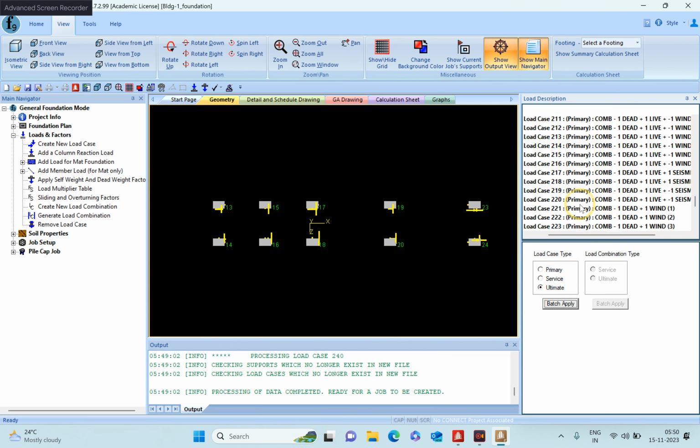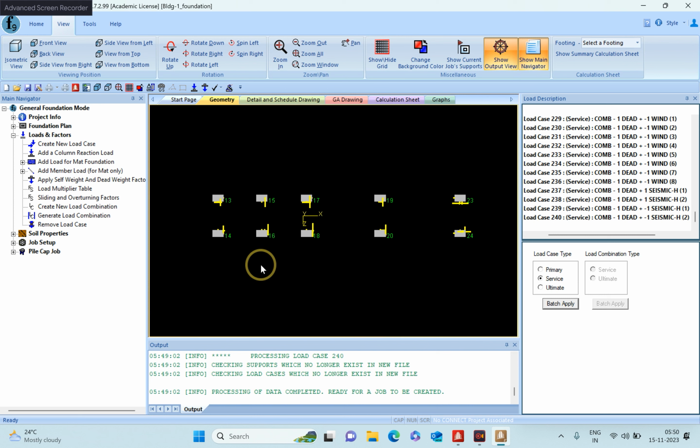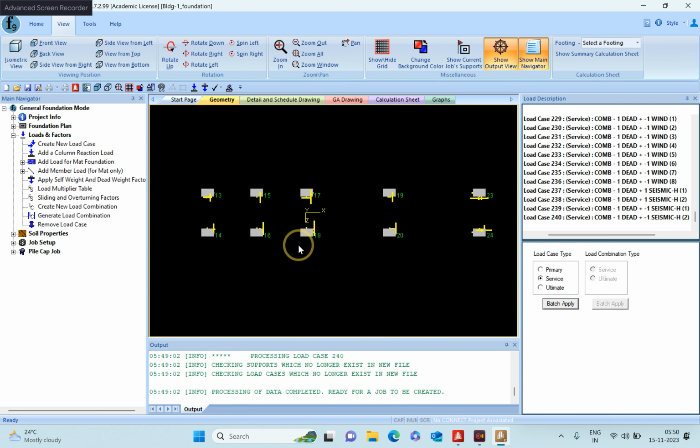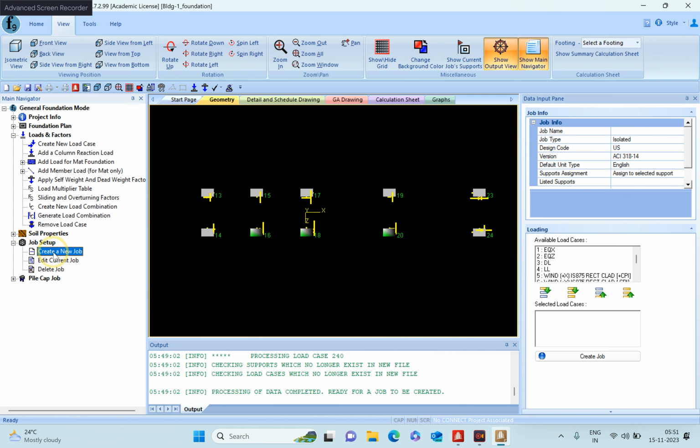Then we need to select what kind of foundation we are going to assign for each footing. In this case, I would like to do an isolated footing for these nodes. So I can select these three nodes and I can create a new job for isolated footing here. Once you click here, create new job, on the right side,